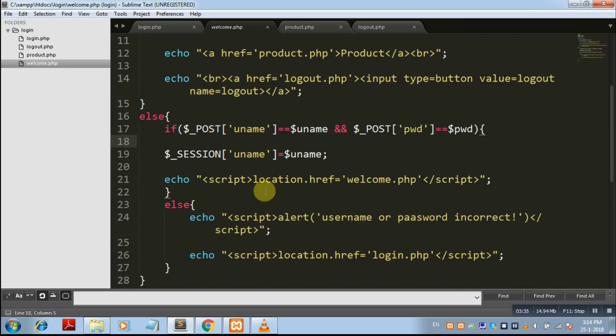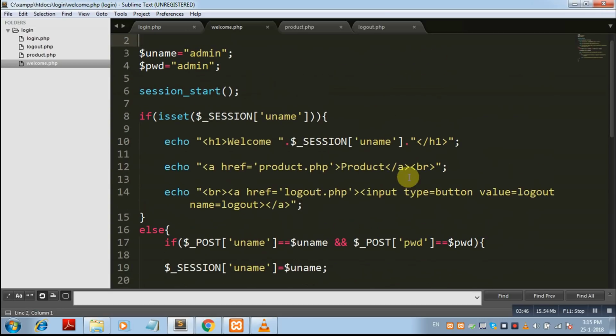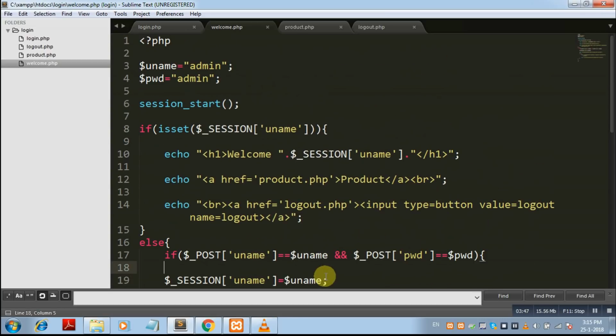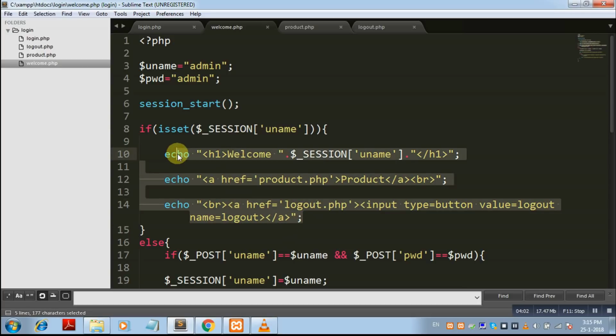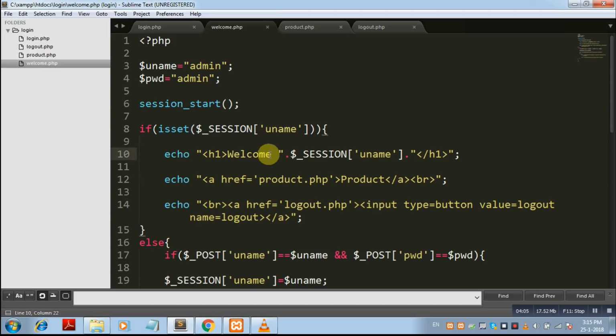This is the script, JavaScript, through which I am redirecting to the page: location.href is equal to welcome.php. Once the session is set, the content of the page is displayed. What is my page content? Here you can set it according to your requirement. Just for educational or demo purposes I am going to set some small content,